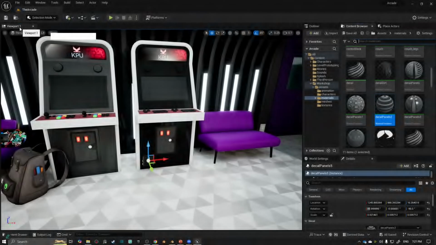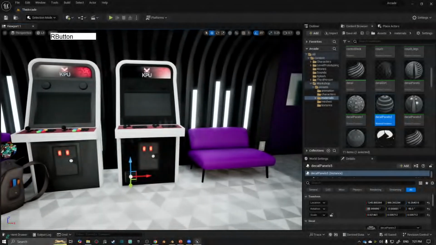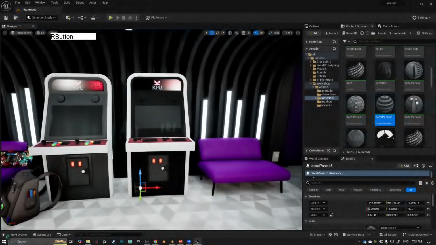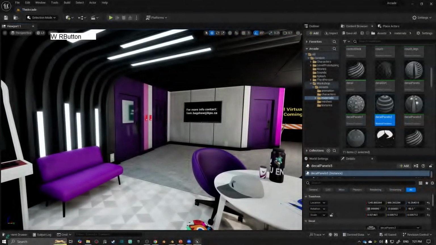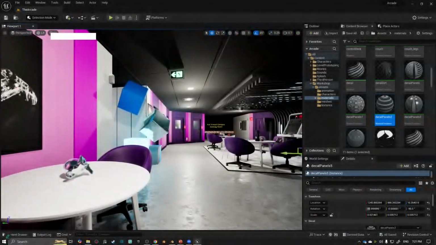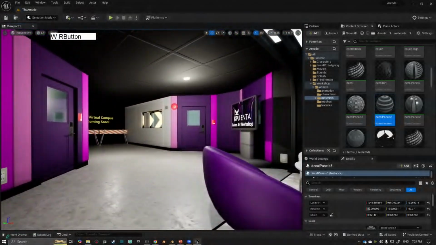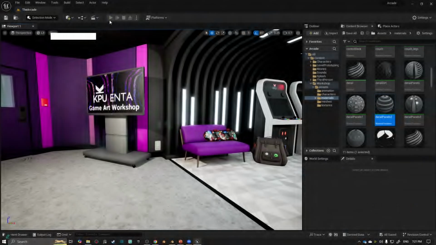I'm going to hit Control S or save on my project now that we've got this brand new thing in here that we've just built together. So over the last couple of days I've put together this little preview. It's actually a remake of part of the second floor of the school, and if you hit the play button,